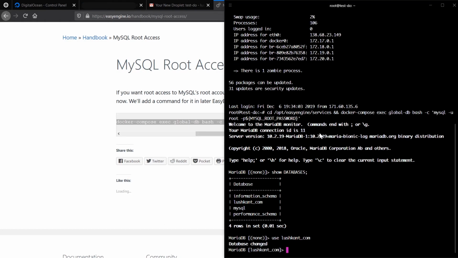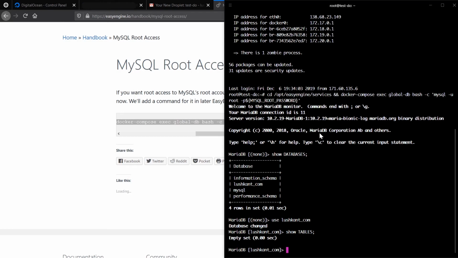Okay, so we're in. So let's see tables in this, which is basically empty. As you can see, you can access the database easily enough, and you can upload your dump if you're coming from a previous site and you want that to move into this server. You can do that, or you can basically go ahead and install your own